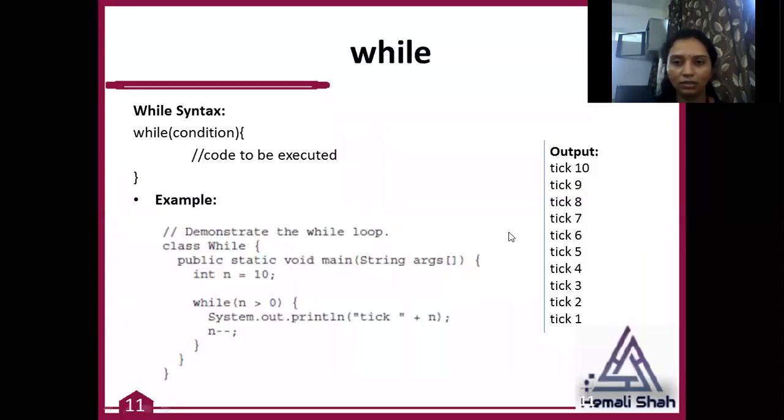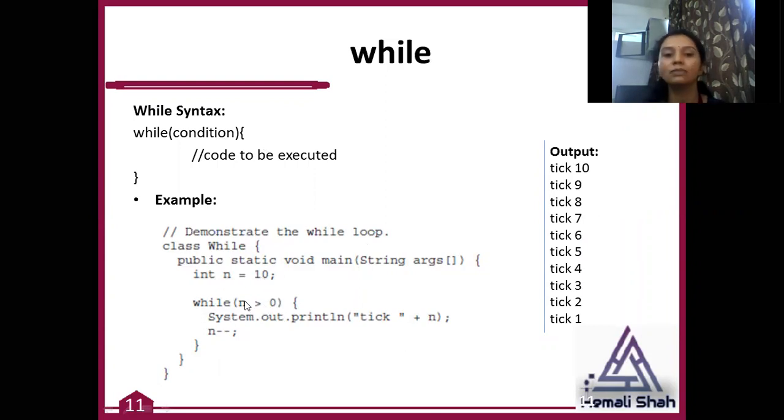Now let us talk about the syntax. The syntax of while is the condition, then the body part of the while loop. This body part executes repeatedly until this condition becomes false. So here I want to print 10, 9, 8 up to 1. For that I have used this while loop. I initialize the n value with 10. Then I'm checking the condition n greater than 0. That means 10 greater than 0. I'm checking this number against the value 0.